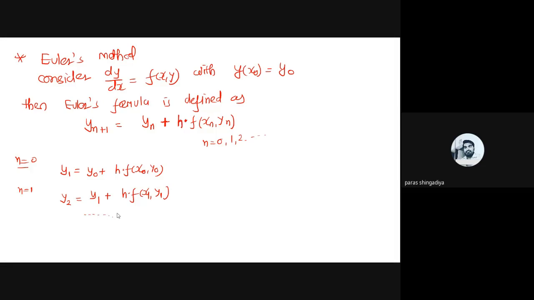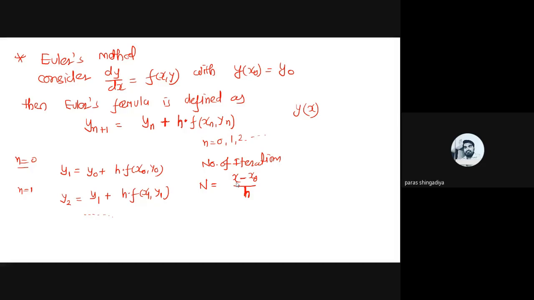So how can we check how many iterations are required to predict y of 3, or for example y of x, for the given data? Clear? We have one formula to check the number of iterations: n is equal to x minus x0 divided by h. That is the number of iterations formula. You can use this formula to check how many iterations are required, meaning how many of y1, y2, y3 you have to derive. Here h will be given in the example.